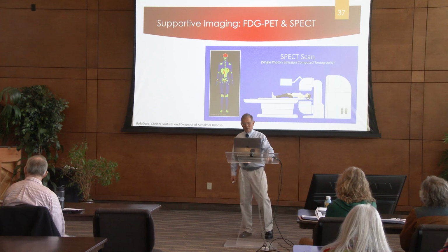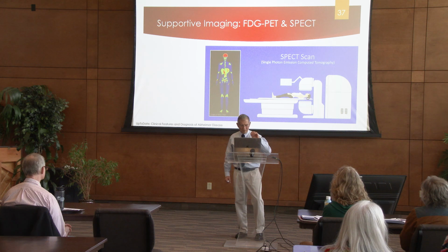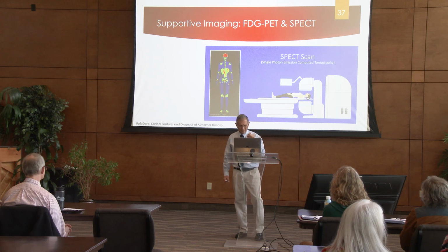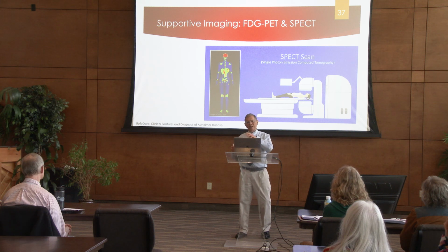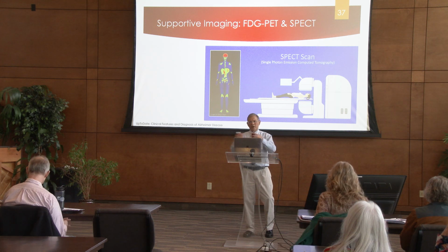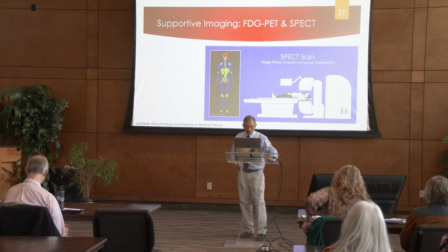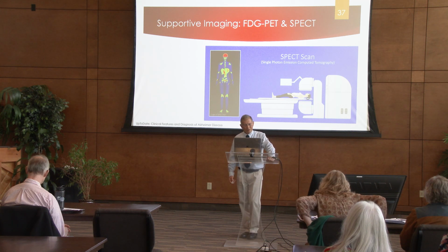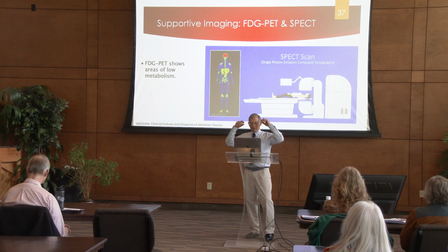Now, the way a PET scanner works is you tag sugar with an isotope, something that will release positrons, and that sugar is preferentially taken up in areas of high metabolism, because if the cell's doing work, it's going to suck up the sugar, and then it will light up when you do the PET scan. And it can show areas of decreased metabolism. So if you have decreased metabolism in certain areas of the brain, that's consistent with